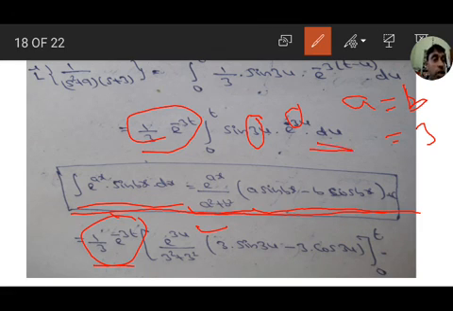Here, with respect to u, you have to write u in the place of x: e to the power of 3u by 3 square plus 3 square, a value 3, b value 3, a square plus b square. So 3 into sin 3u minus 3 into cos 3u, from 0 to t. So we have to substitute limits here. e to the power of 3u by 9 plus 9, that means 18 outside, and upper limit minus lower limit.